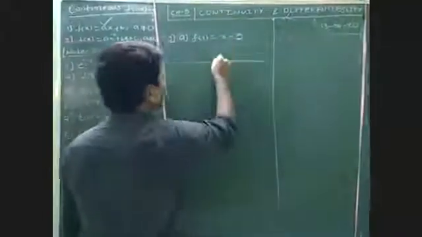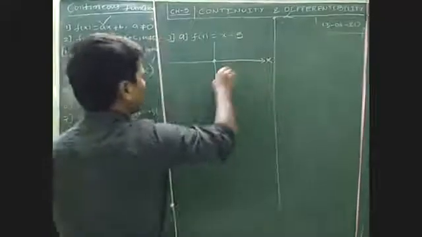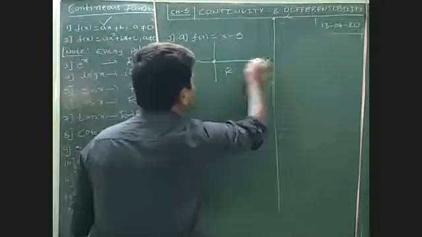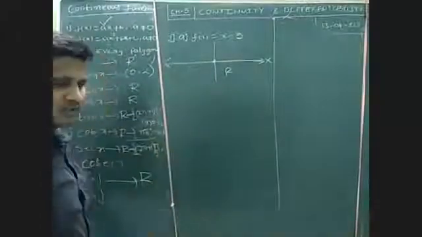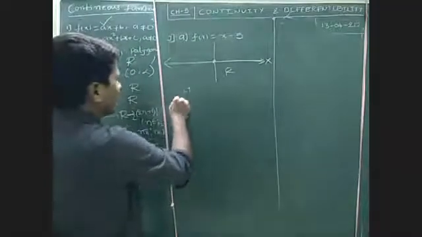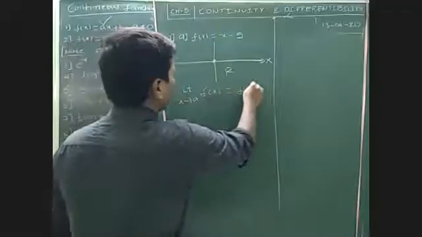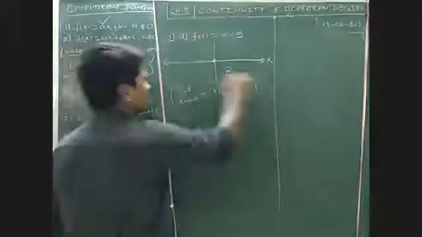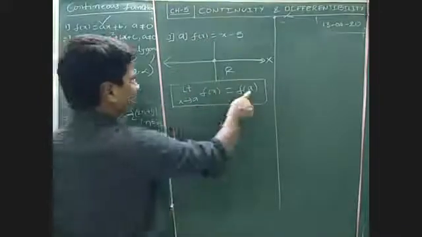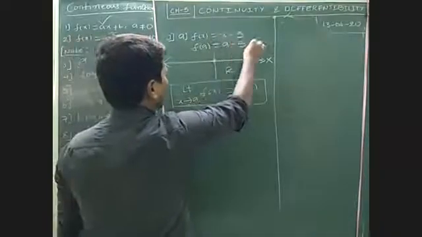Everywhere means at all the points of the real line. Real line means the x-axis. f of x is continuous for all points on the real line. Otherwise, how to check that? Yesterday I wrote: limit x tends to a, f of x is equal to f of a. If the function satisfies this condition, we can say that it is continuous. Let's see. What is the right side value? f of x is given. What is f of a? a minus 5. We got the RHS.